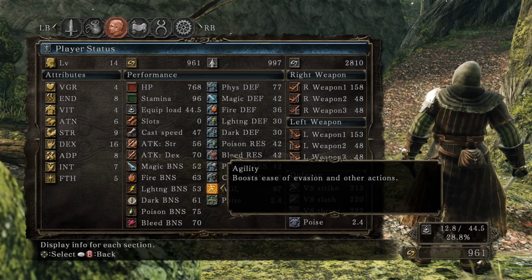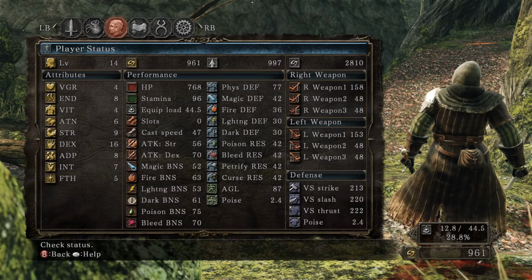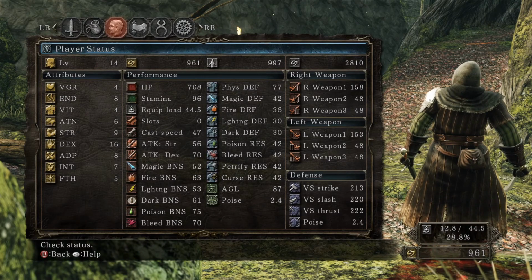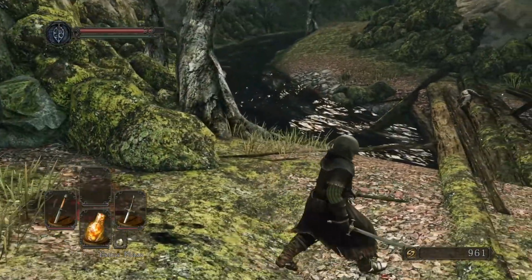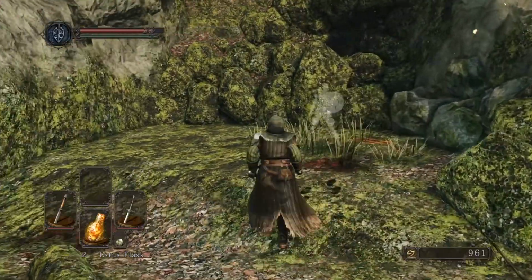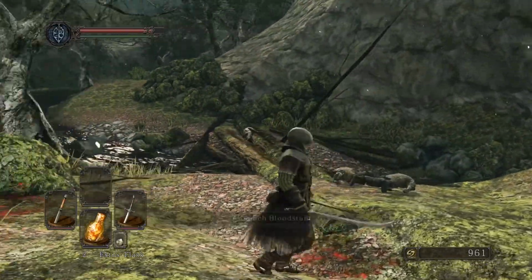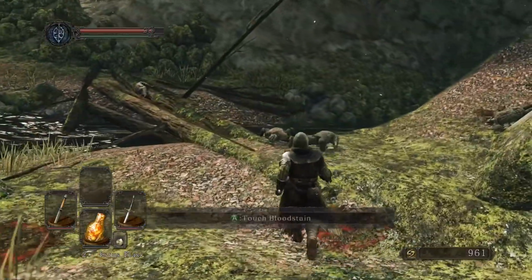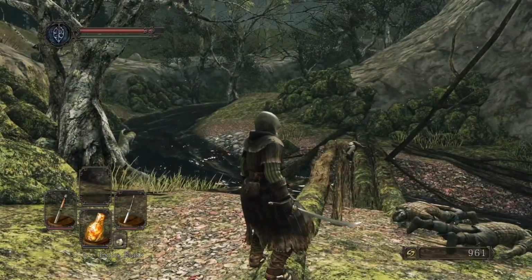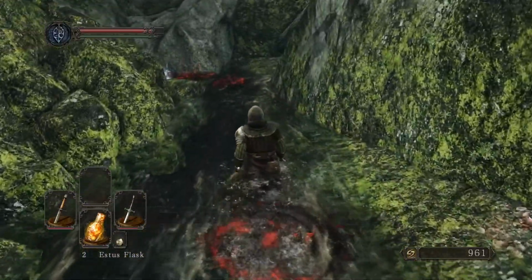We're at 87 agility, and it says that it boosts evasion. So if we level up AGL once or twice more, we get to 88 agility, and we then will go up by 1 frame on the number of iframes we get on the roll, so that we then will reach the same amount of iframes that the fat clunky roll that made the screen shake and the controller vibrate in Dark Souls 1. We'll then be getting to that,